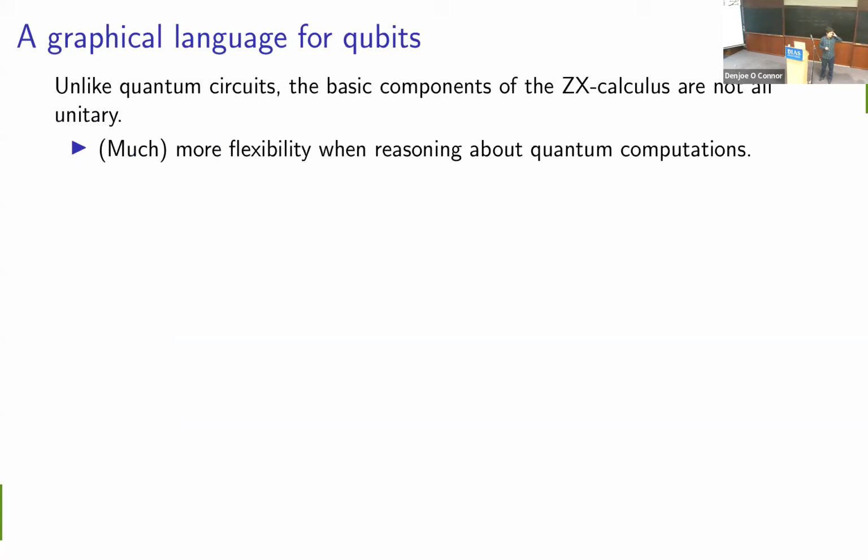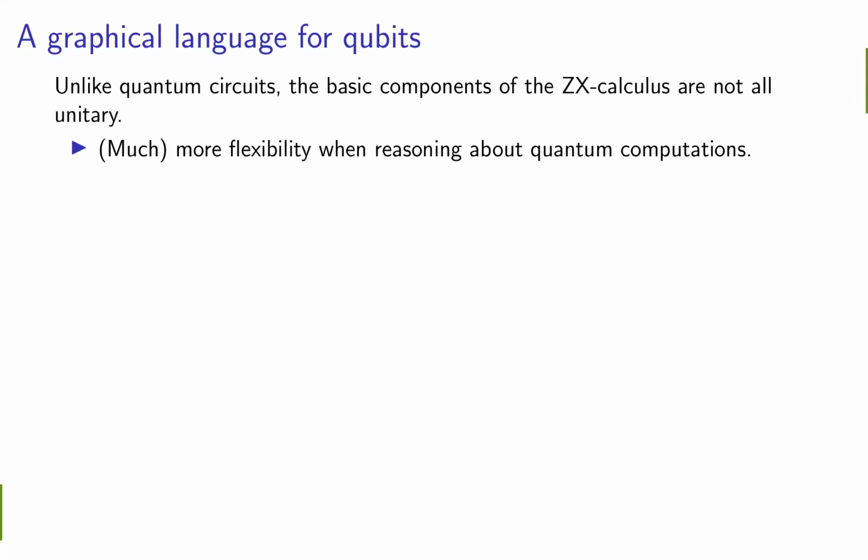So what I'm working with is this graphical language for computations on qubits. The quantum circuits that I've shown you earlier are already kind of a graphical language, right? I showed you this diagram of them. But the ZX calculus is a lot more flexible. So when we want to optimize things, we have a lot more options for how we can do that. At the same time, it is further removed from the things that we can really implement physically. The basic components of the ZX calculus don't have to be unitary, so we can't necessarily implement them directly in practice. If we've used the ZX calculus for optimization, at the end we always need to translate back into something that we can actually implement.